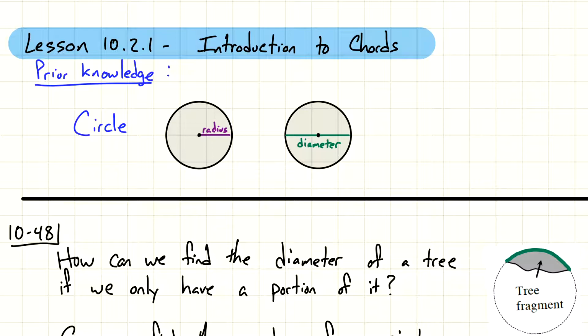Similar to some things that we did with quadrilaterals, even though you already know what a shape is with four sides, there's a lot of extra details and properties that we explored this year. So some prior knowledge that you need to know going into this lesson is what a circle is, some basic